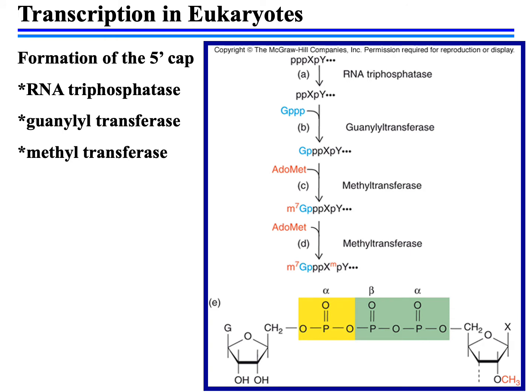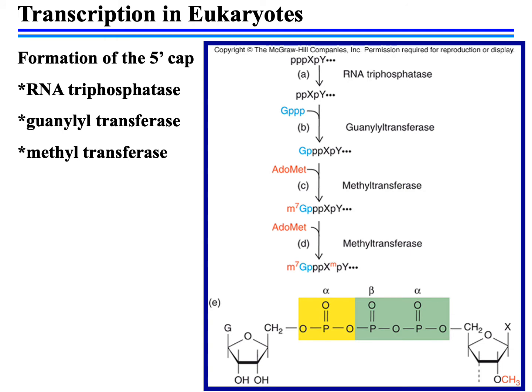The next step in the process utilizes an enzyme known as guanylyl transferase. This is what you see in panel B. In panel B, you see the addition of a G-containing nucleotide to the 5' end, and it is this enzyme that is adding that G-containing nucleotide. So, hopefully you'll note at this particular point that every single cap is a G-containing nucleotide, and that holds true